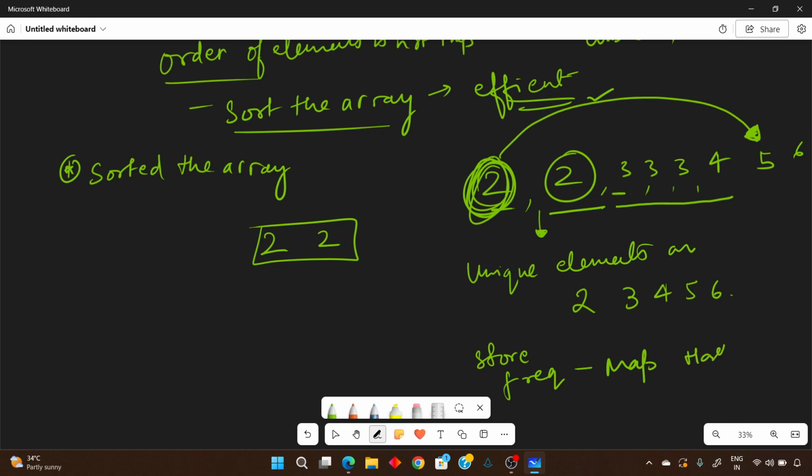Map, hash map or dictionary. Why don't I do this? Why is it going to be useful for me? I'll cover this. When you have unique elements, it will help you move to or skip